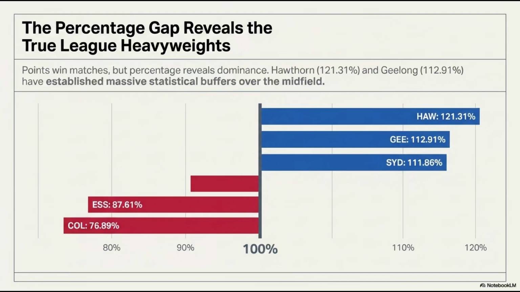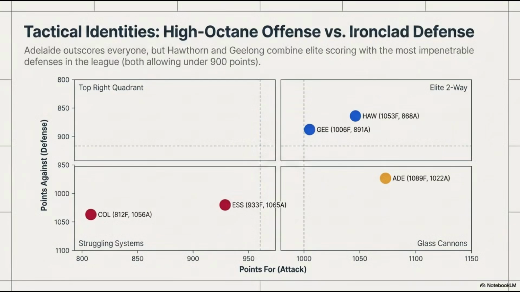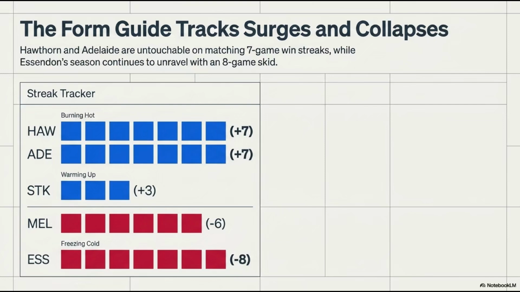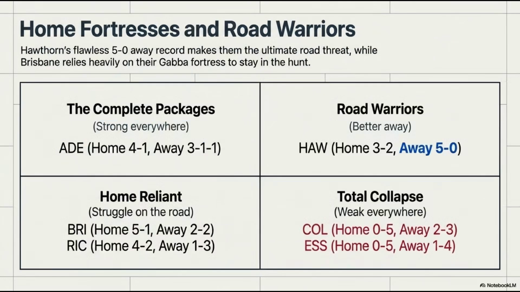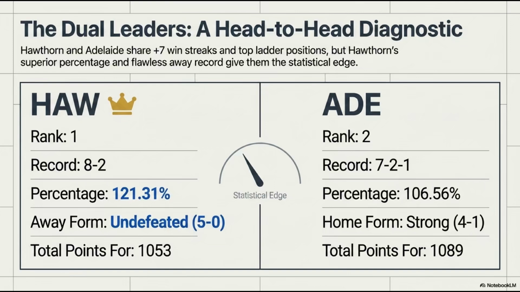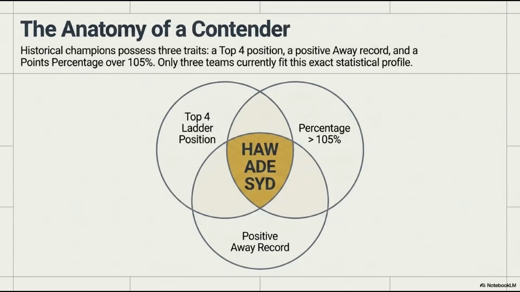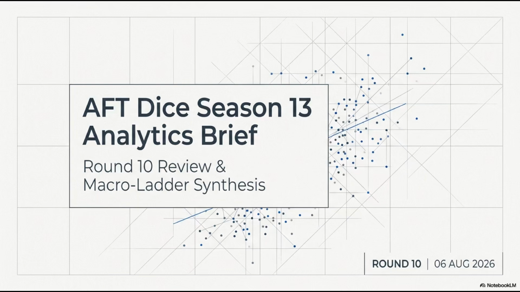It's incredible how much depth there is in just a few lines of raw text. We started with what looked like a mundane shipping manifest or a boring spreadsheet. Just 9 lines of scheduling data? Yeah. But when you pull it apart and understand the mechanics behind it, it reveals this deep, intricate strategic framework. Round 10 of AFT Dice Season 13 isn't just a schedule. It's a topographical map of probability that is heavily, almost absurdly tilted toward one massive hub at Marvel Stadium while deliberately leaving these intense, isolated duels out on the fringes.